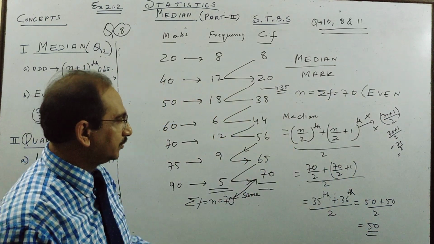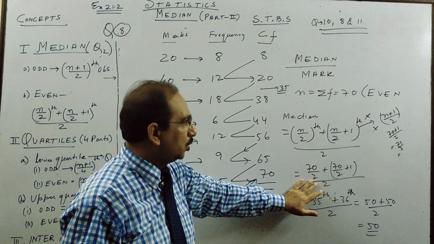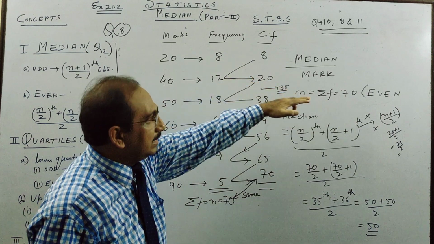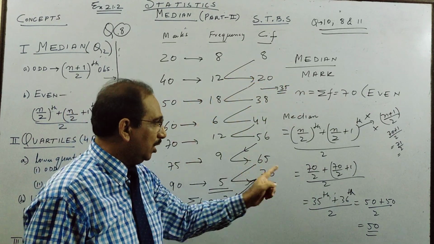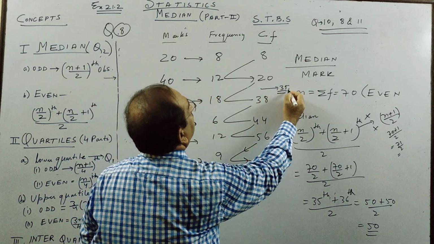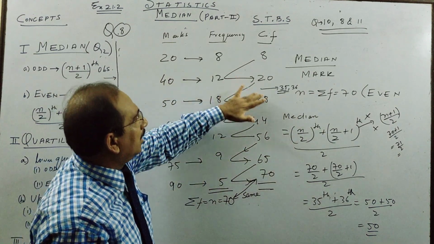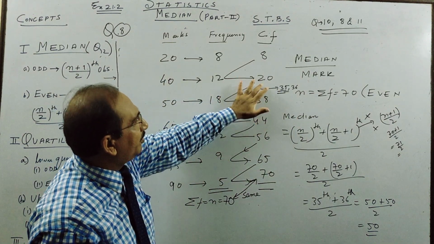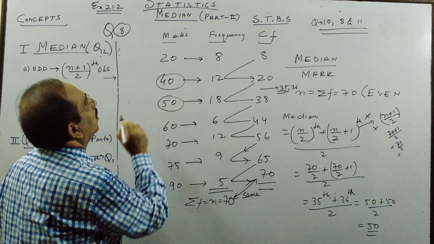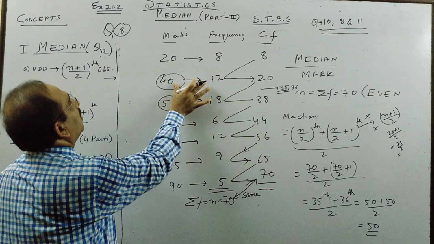Once more I am telling you. You do out of 70 divide by 2. We get out of 70 the 35th observation. Since it is even, we will have 2 middle terms. So 35th and 36th. So see where 35 and 36 come. Okay, so what you do, without logic you understand, just see where 35 falls, between which two numbers. These two numbers, then see what is the mark for x. So you will see for these two, marks are there. So the lower one you don't take.